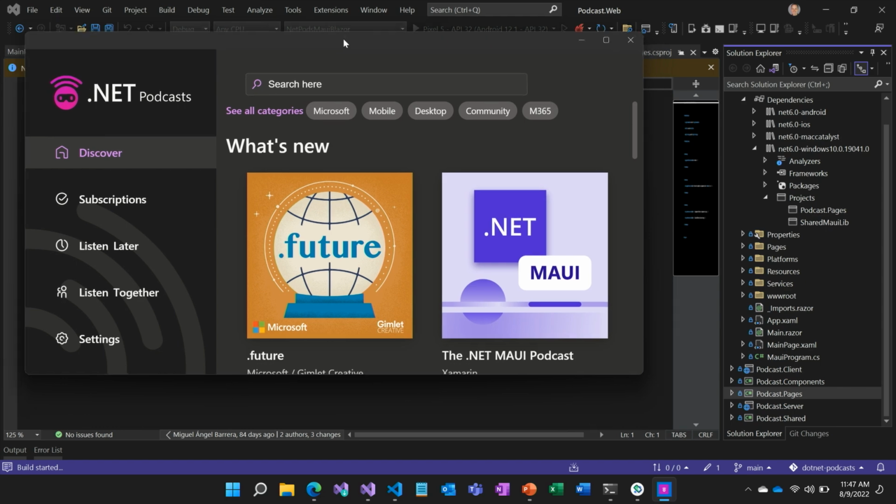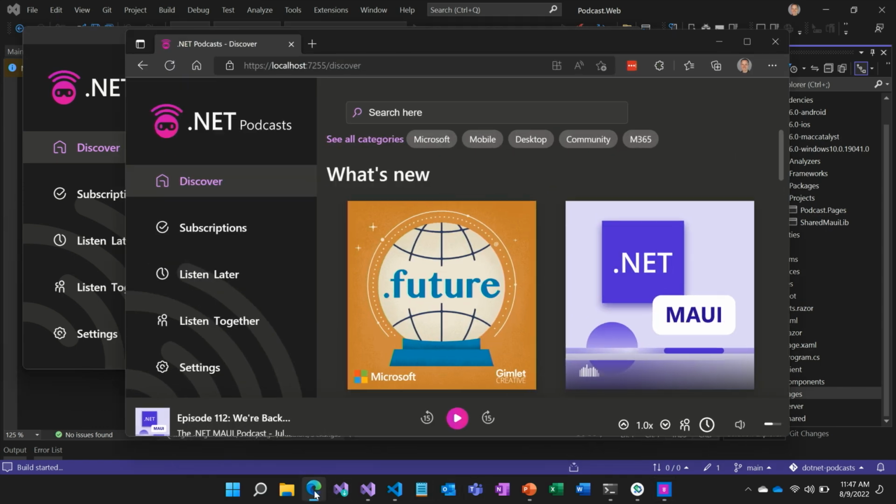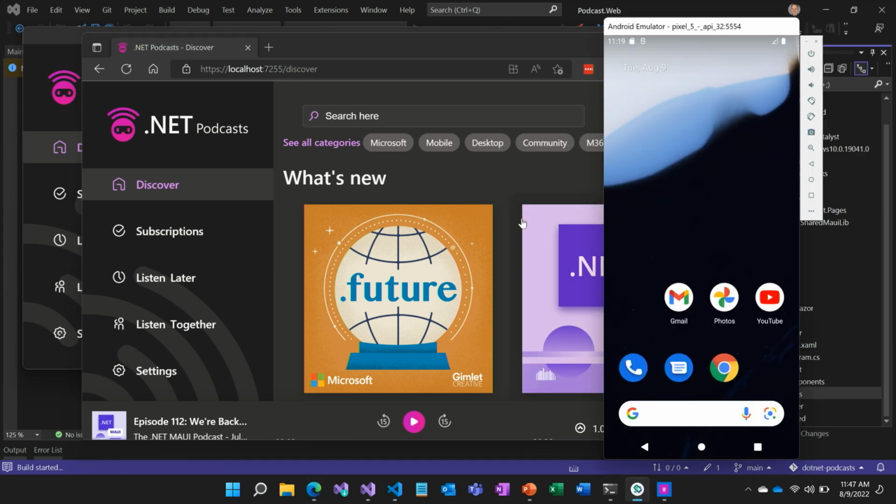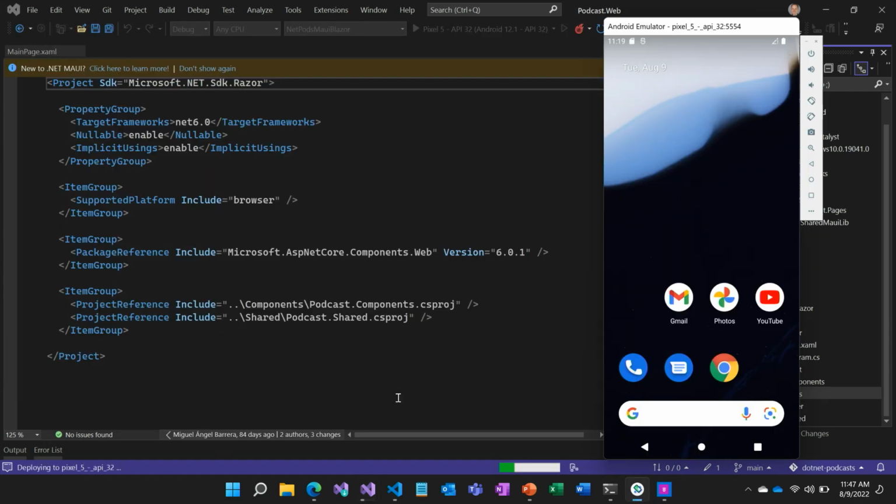So we've got Windows, we've got web, and then if we just give it a second, hopefully this will start quick. We also should have mobile. So mobile, desktop, and web, all with one UI set of controls. It looks like it might be trying to, oh, there it goes. Okay, I was worried it was trying to do a full rebuild for some reason, but now it's deploying to the emulator.